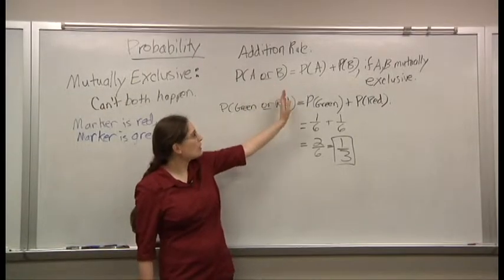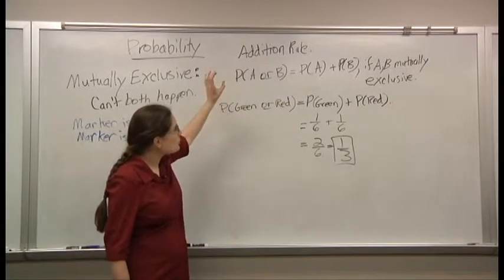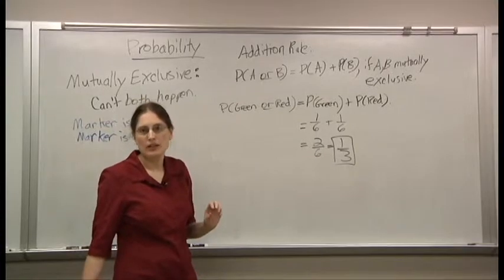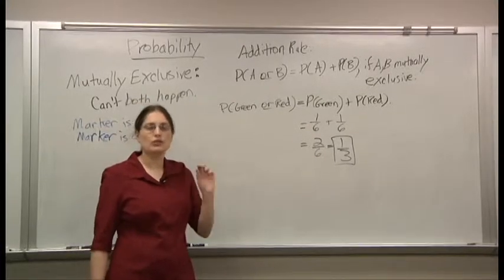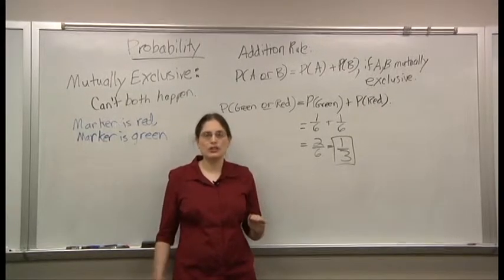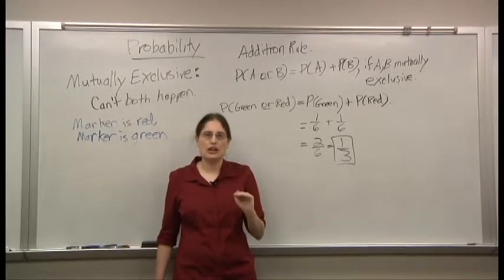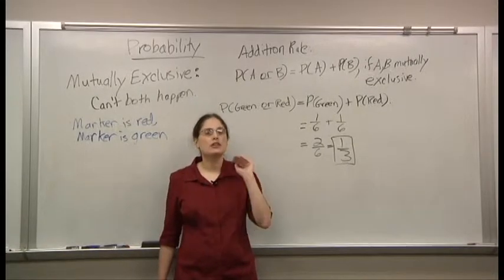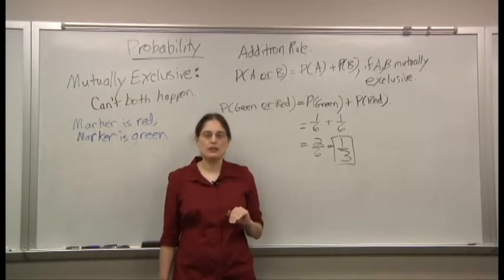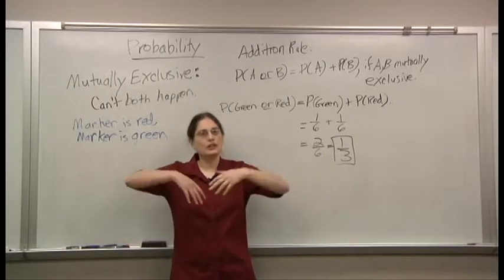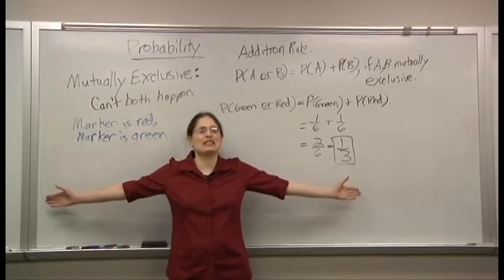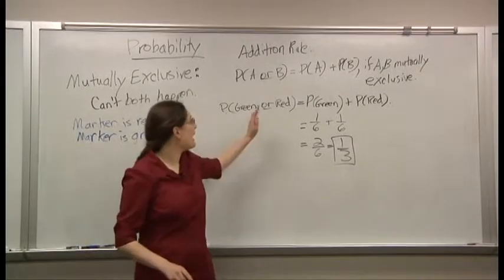So when you're looking, the addition rule is about what happens when you're less picky. The multiplication rule is about being more picky. I want to flip a coin over and over again and get heads every time. You're being more picky, you need to multiply. I like green markers and I like red markers. Both are good. You're being less picky. You're expanding the field of possibilities. So you add.